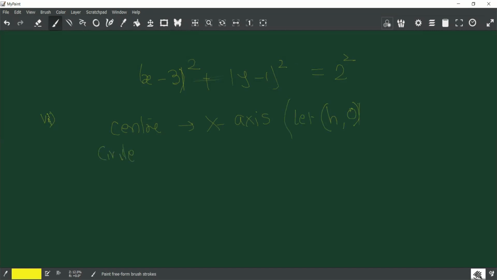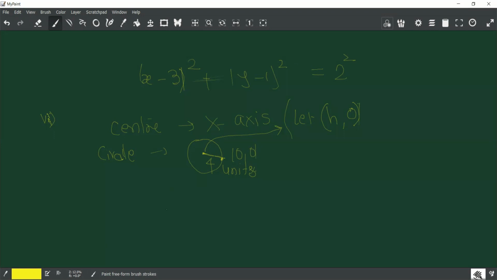Circle is passing through the origin. And center is h comma 0. Radius is given to you as 4 units. Figure nikala ki khatam baat. Very easy. Center is on, yes, a comma 0, anything you can take, no problem. And the circle is passing through the origin and the radius of the circle is given as 4 units. So you know the center, you know the radius.